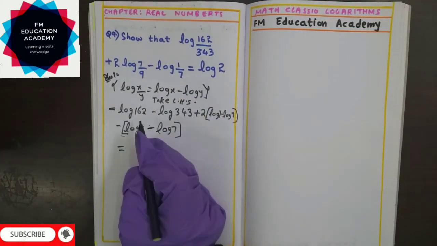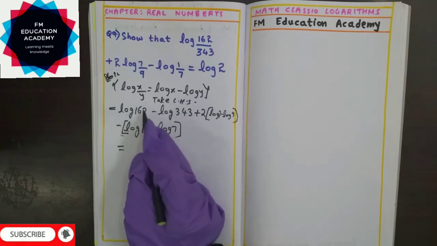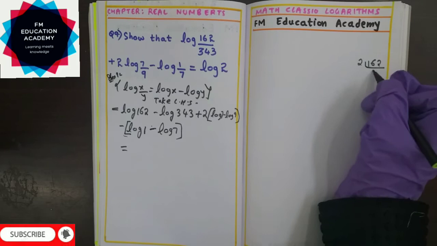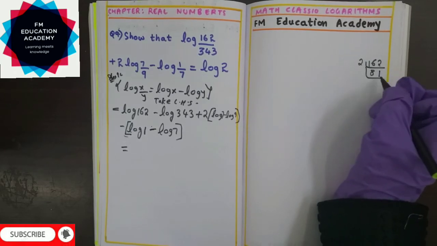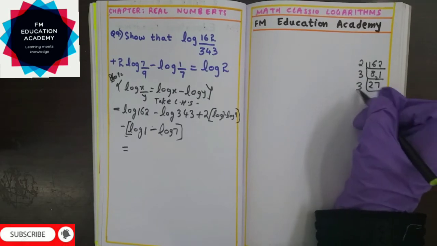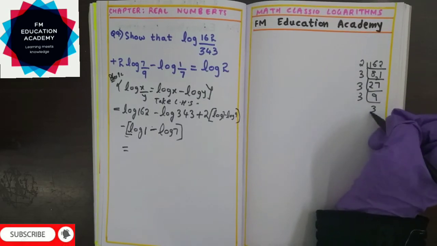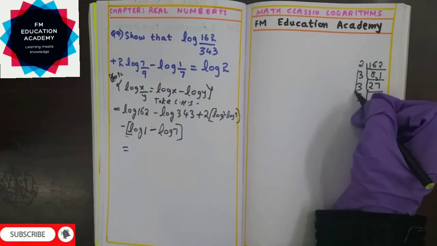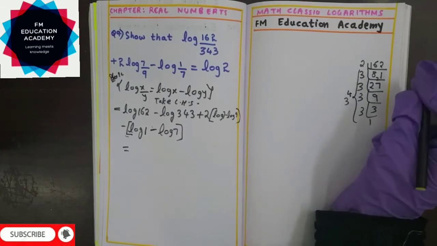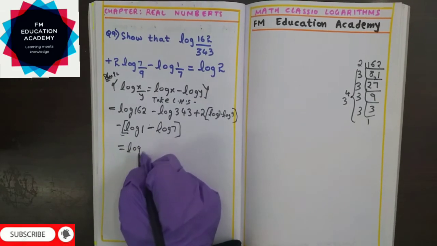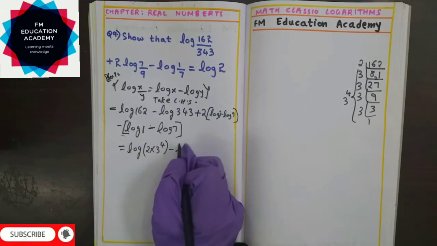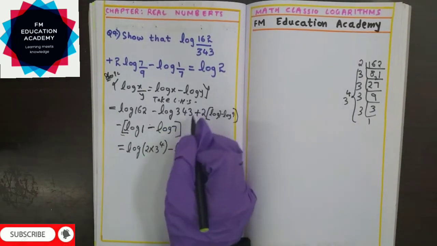So we know that, again, do the prime factorization on 162 and write it in terms of 2. 162 we can write as 2 8s are 16, 2 1s are 2. Now this will go in 3, 3 2s are 6, 2 1, 3 7s are 21, 3 9s are 27, 3 3s are 9, 3 1s are 3. So we can see here that it is 4 times, 3 power 4. So 162 I can write it as 2 into 3 power 4 minus log, again 343 is the perfect cube,